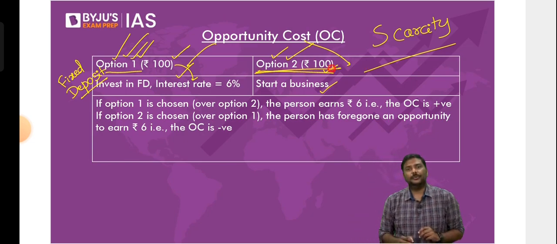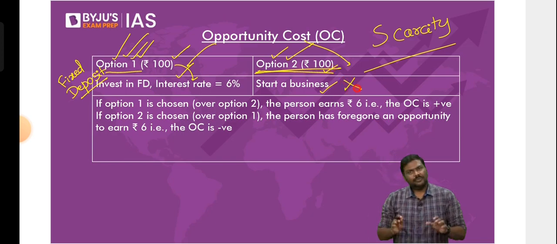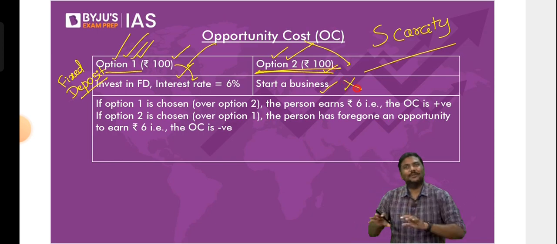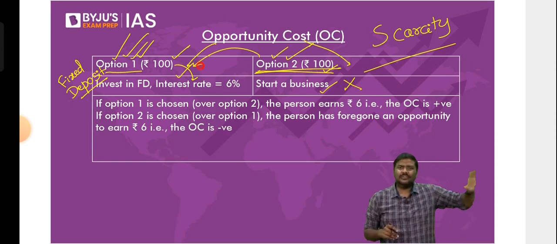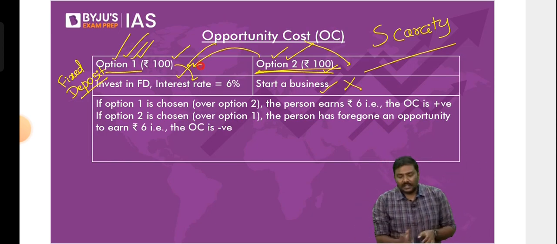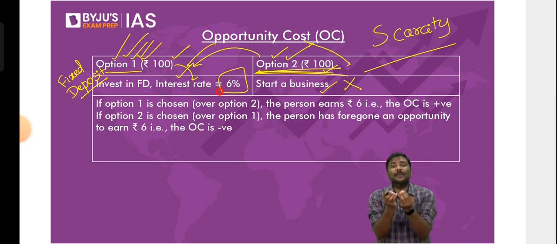So let's say you chose option 2. You took your 100 rupees and invested in the business, and after 1 year you have not earned anything. You're still in the process of setting up the business. The work has started. You have not earned anything. No profits. Nothing. Now, if you compare that with the other option that you have sacrificed, you'll realize that rather than investing 100 rupees in the business, if I'd simply put it in the FD, today I would be having 6 rupees along with the 100 rupees with me.